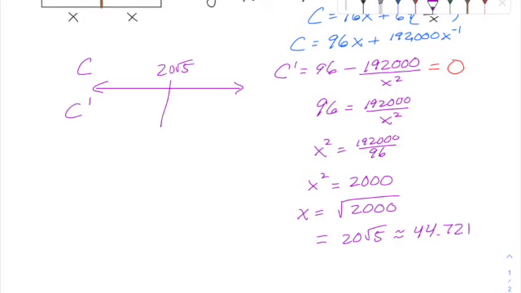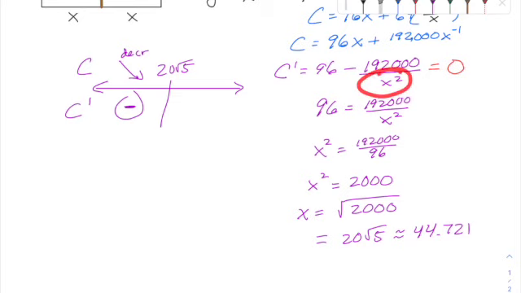20 root 5 was my critical number, my square root of 2,000, or 44.721, however you want to operate there. And when I take something less than that, 1, who knows, pick anything. There's a lot of things smaller than that, easy. If you put 1 into c prime, you're going to get 96 minus 192,000. That is definitely going to be a big fat negative number, which means the cost is decreasing that whole time. Cost is going down, going down, going down until you get to this spot when x is that. Now when you put in anything bigger than that,